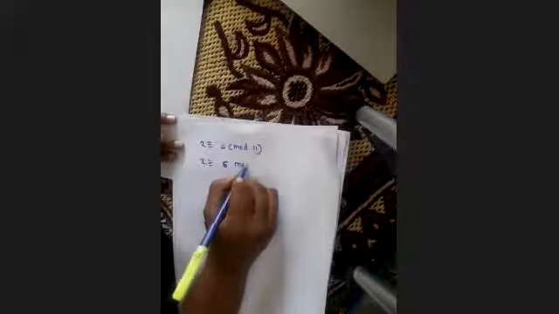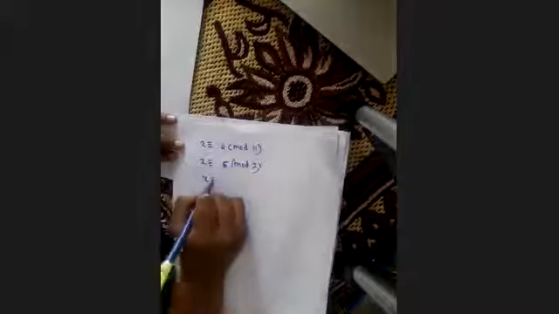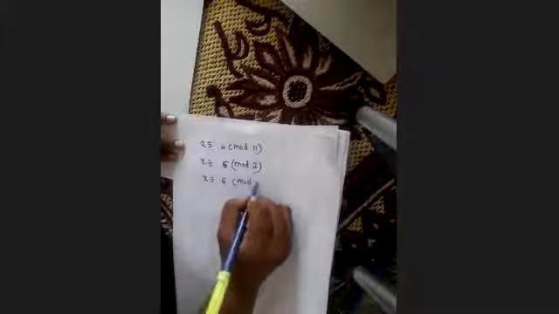Okay, write down. X is congruent to 4 mod 11. Correct or wrong, you should have the answer with you in tomorrow's session. Don't miss solving it. I will consider your attendance according to your answer only. Even if it is wrong, I don't mind, but you should solve that. X is congruent to 4 mod 11. X is congruent to 5 mod 7. X is congruent to 6 mod 13.